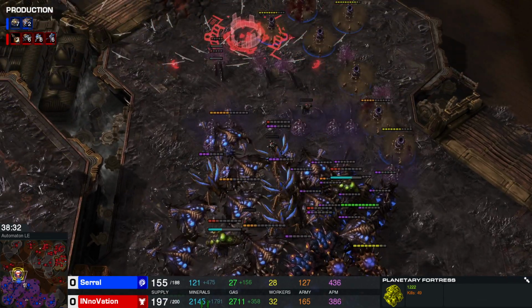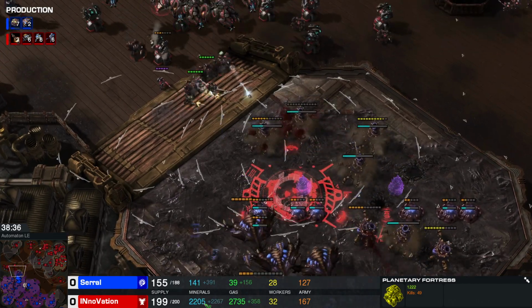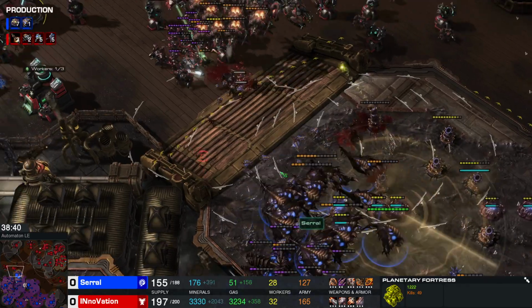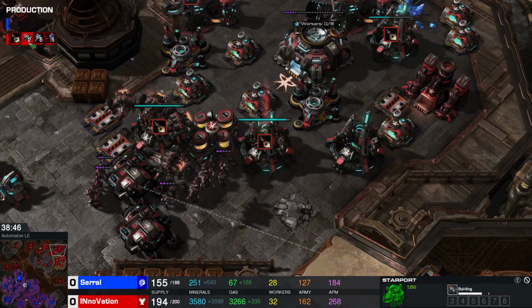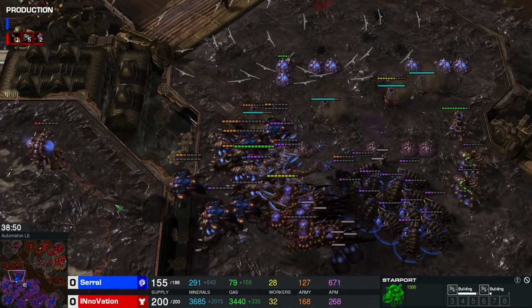So look at the economy. Innovation actually has 2k, so this could be his winning move. SERRAL, sadly for him, is not mining, his spores are taking damage now. He's trying of course to kill those ghosts with the Broodlords in the air, but the Vikings are here. And remember, here is the production tab. We have 3 nukes down, Vikings, so it looks like Innovation is going to be able to take this game